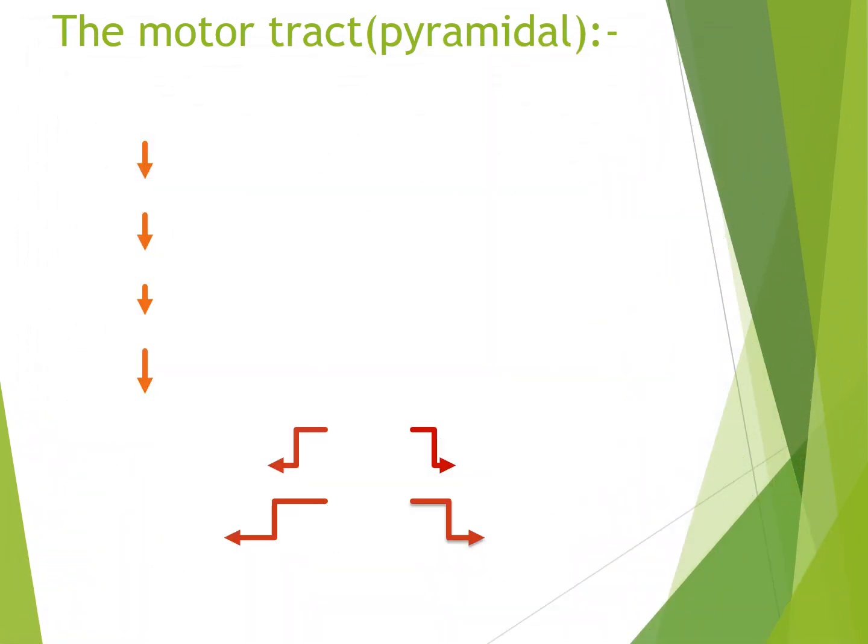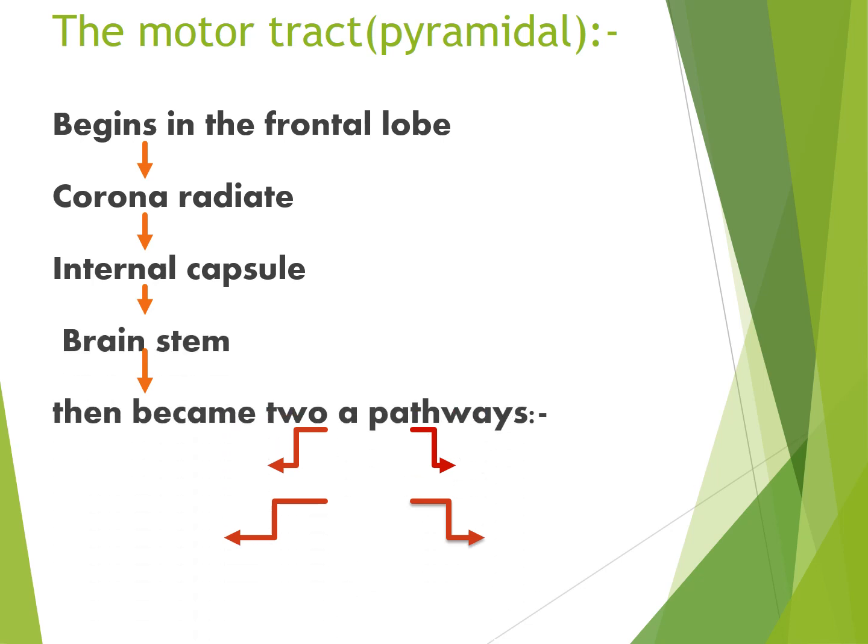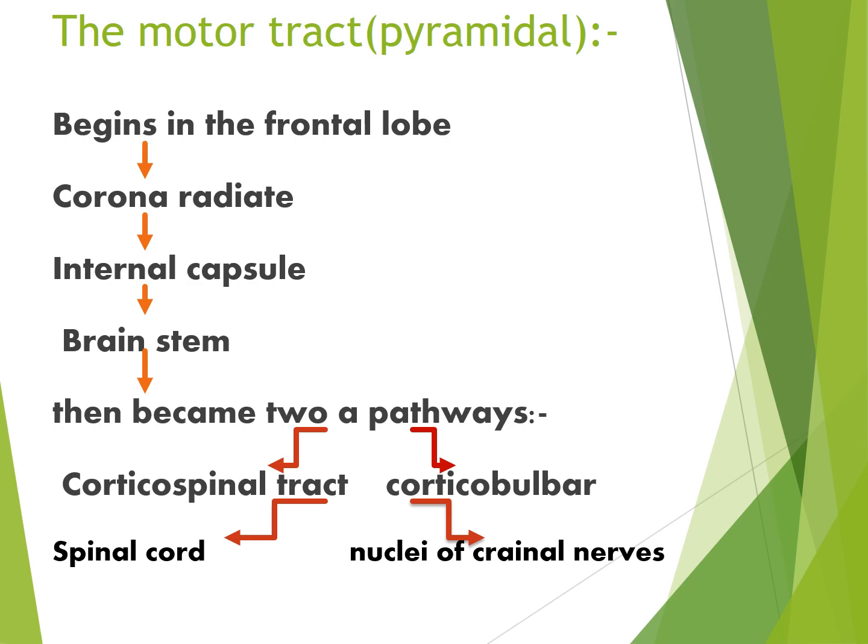So we will speak about the motor tract, the pyramidal tract, which starts in the frontal lobe, mainly motor area 1. Then it goes through the corona radiata, enters the internal capsule, then brain stem, then becomes two pathways: corticobulbar, which goes to cranial nerve nucleus, and corticospinal, which goes to anterior horn cell. Okay,